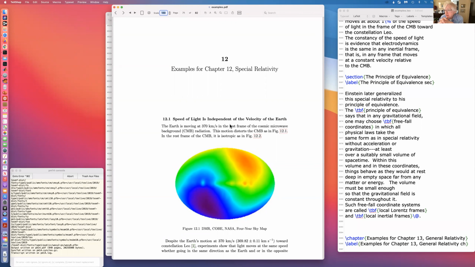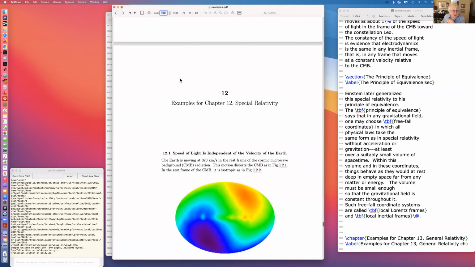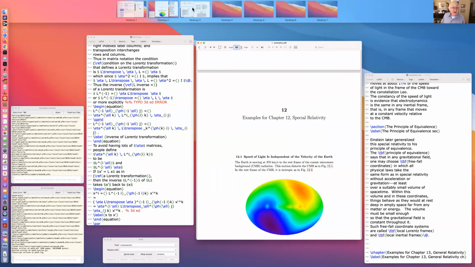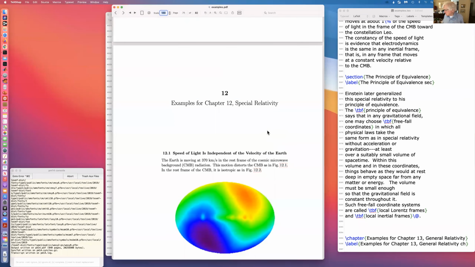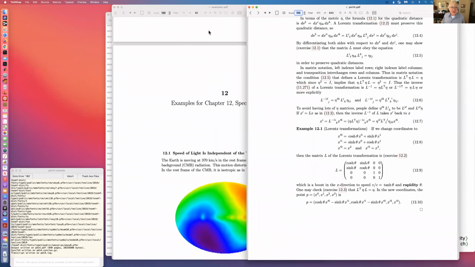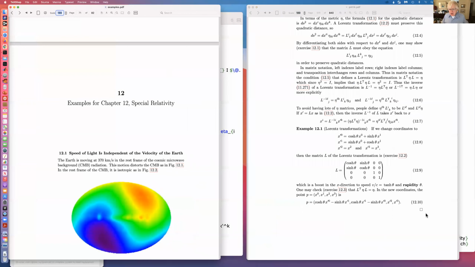of light is, let's see, can you see this screen? I'm a little worried that it doesn't obviously show that this is the screen that I'm sharing. Can you see something that says examples for chapter 12? Yes. Okay. All right, good. Thank you. And let me put this over there also. So